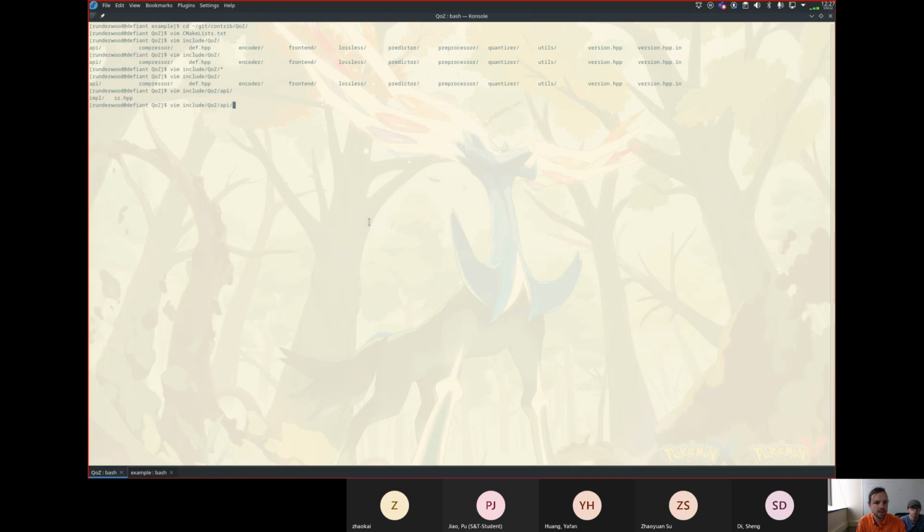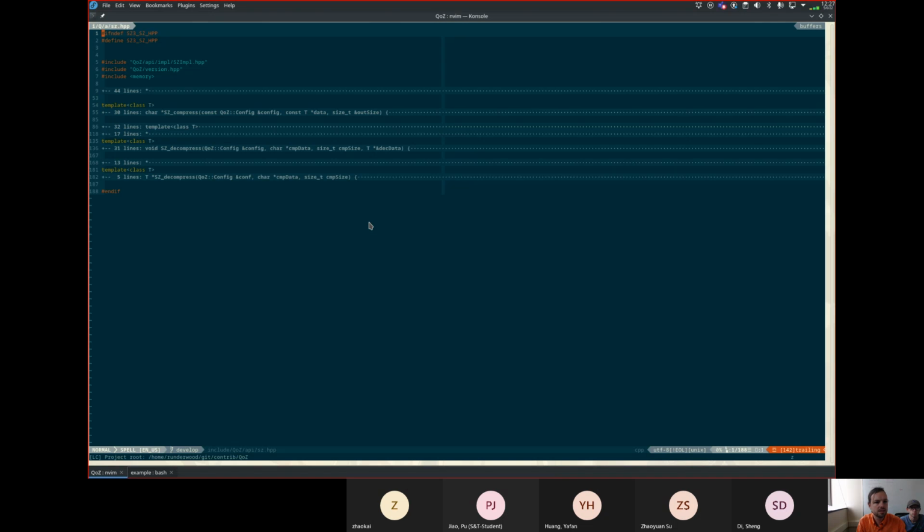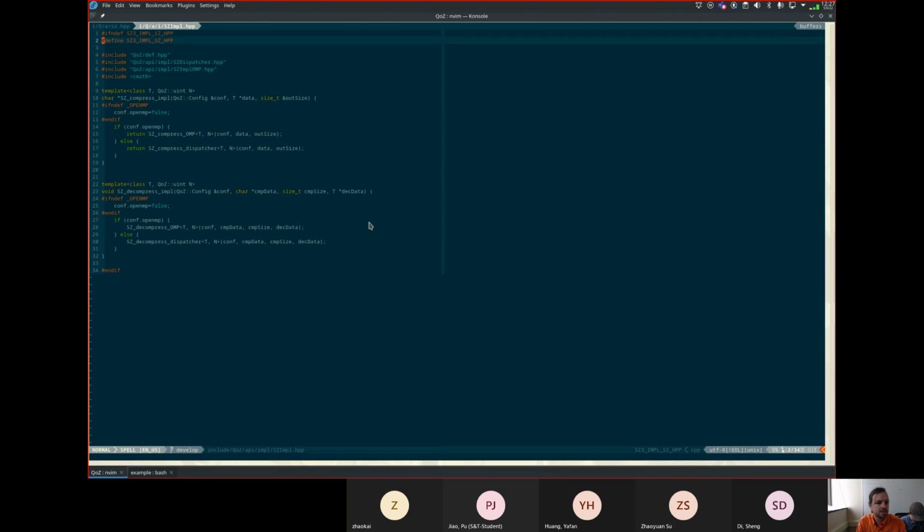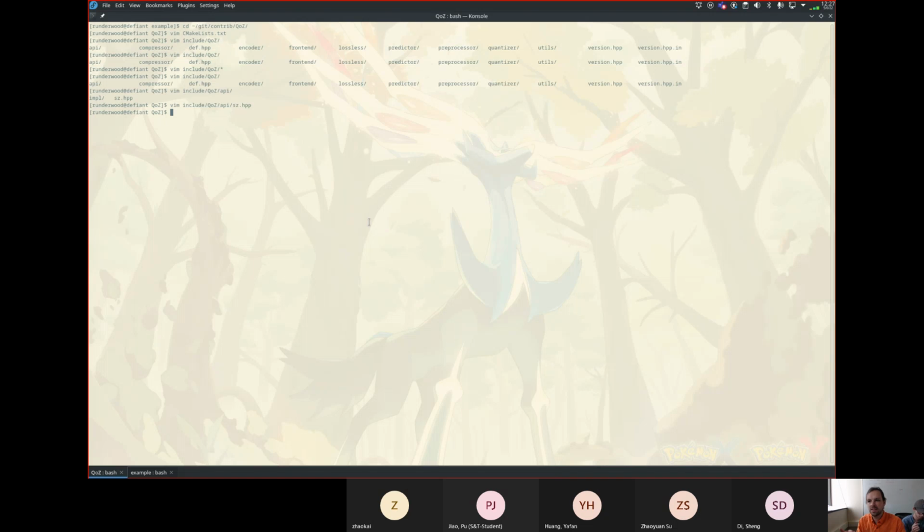QOZ API SZ.hpp. Yeah, so I added a namespace. And this namespace that I added calls things QOZ: instead of SZ3:. So by doing that, they have unique names. And the reason why that's important is if you're referring to different compressors,